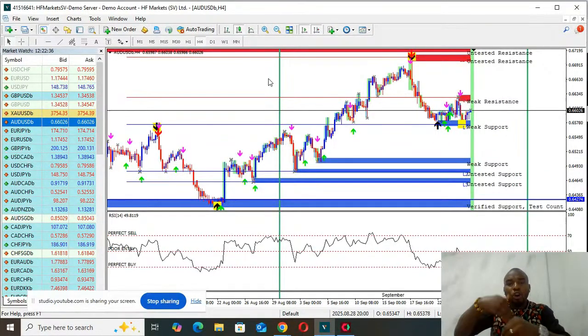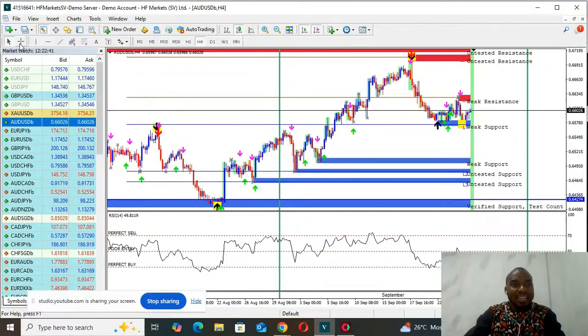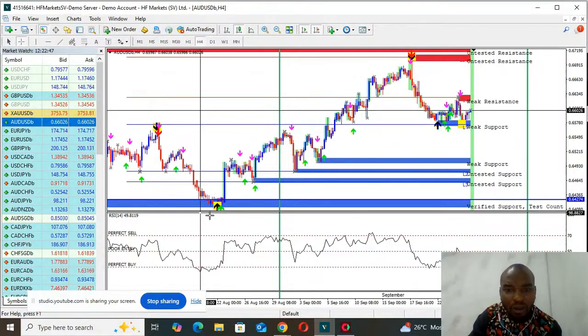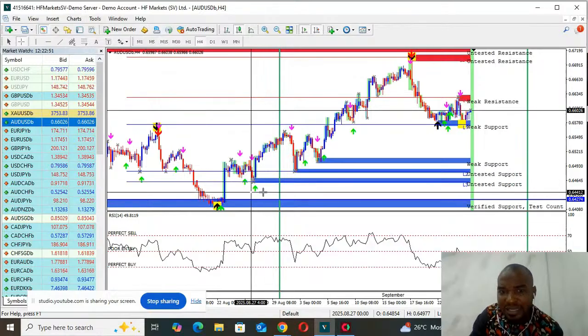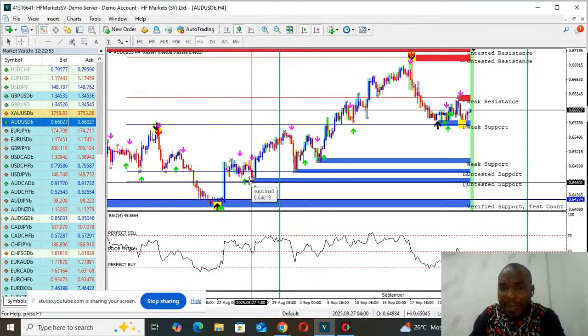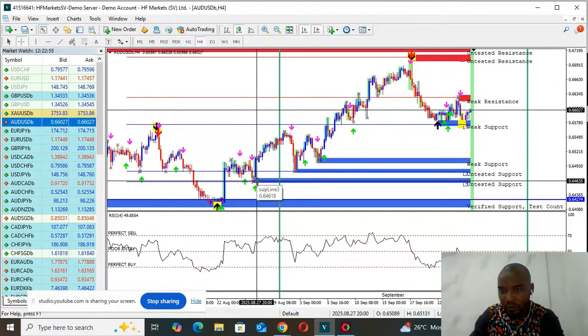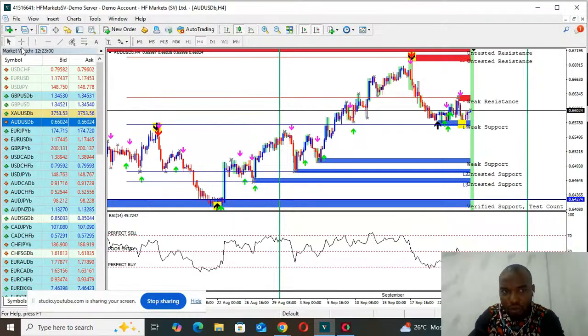We have what we call a continuation entry mechanism. How do I mean? Since 4 hours has confirmed we are on a buy, you can be entering more buys from these smaller arrows you are seeing here, these small arrows. The law says that for you to enter more buys, the market must come to a zone, come to a zone untested, and the arrow appears. So you join again here.